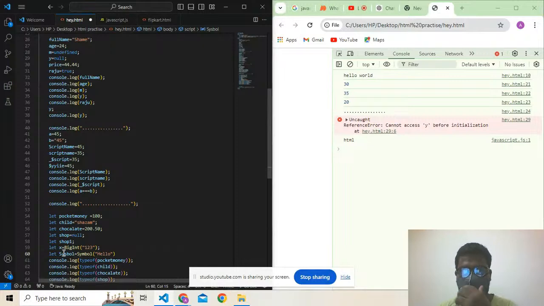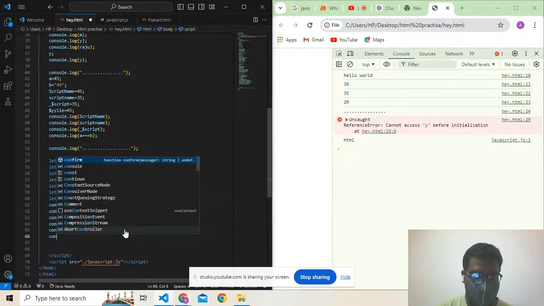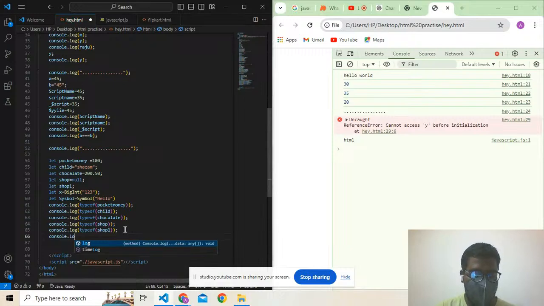So here you can see that I did not use console.log to print any x value or symbol value, but it was giving the error. So it was reinitialized again. You want to go through things like that. Some of the mistakes you want to check. So if possible,